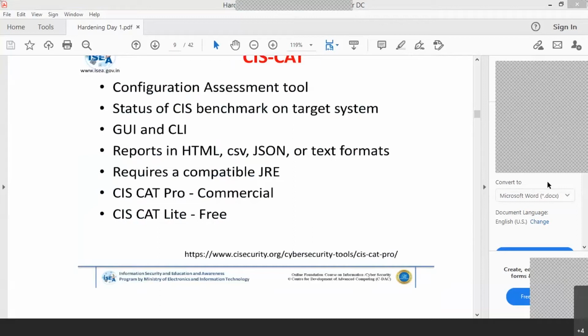This is where you can download the Syscat Lite version 3. But prior to that, you must have the JRE, that is Java, installed. This is a pre-dependency required before installing the Syscat tool.